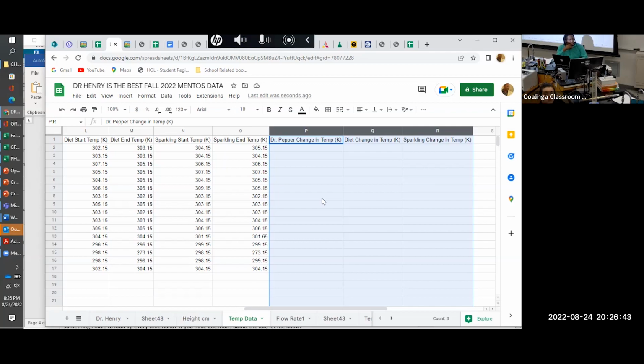Okay, yeah, I got that. And so then you change it with change in temp. Start temp, change in temp. There you go. I got that, and then after that,